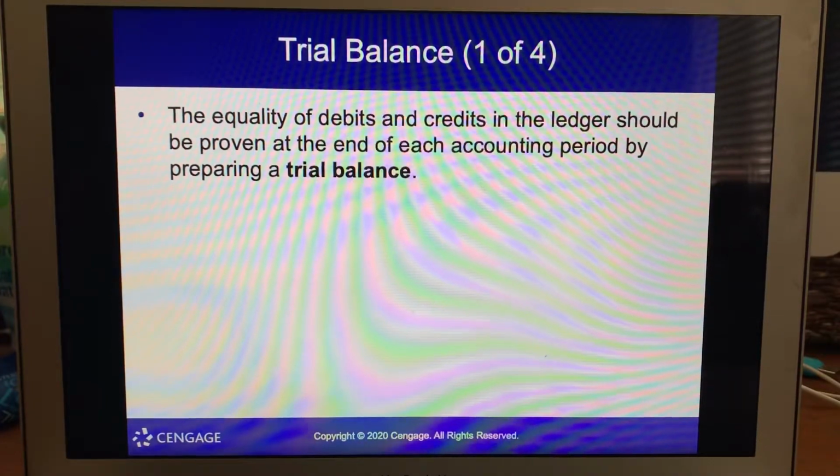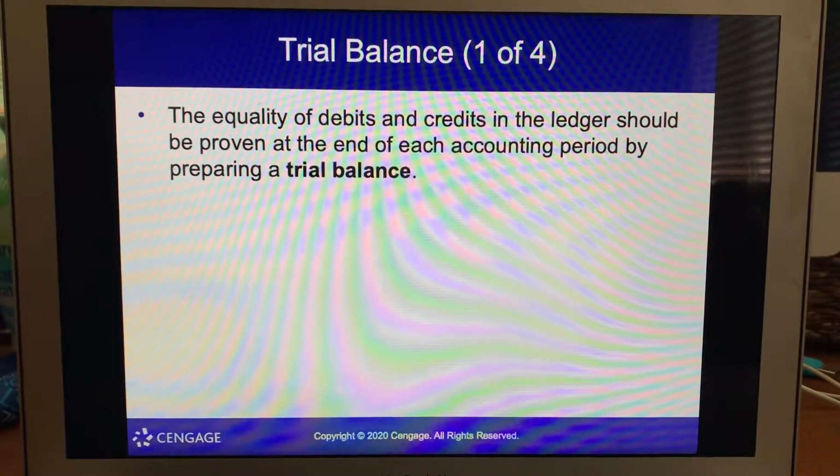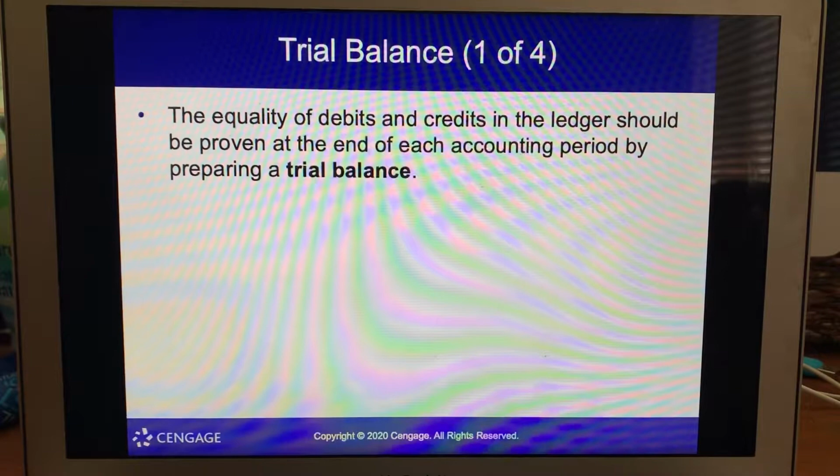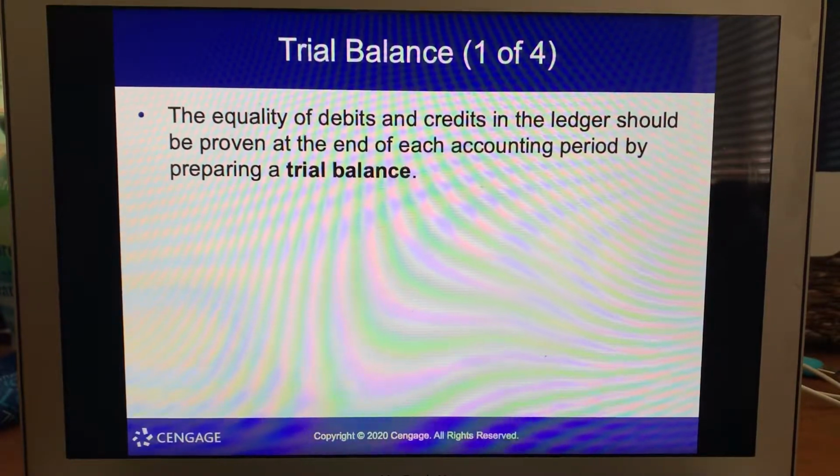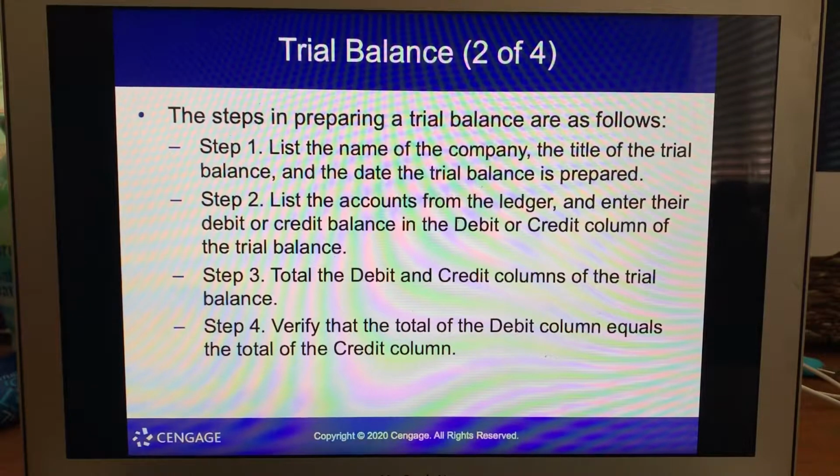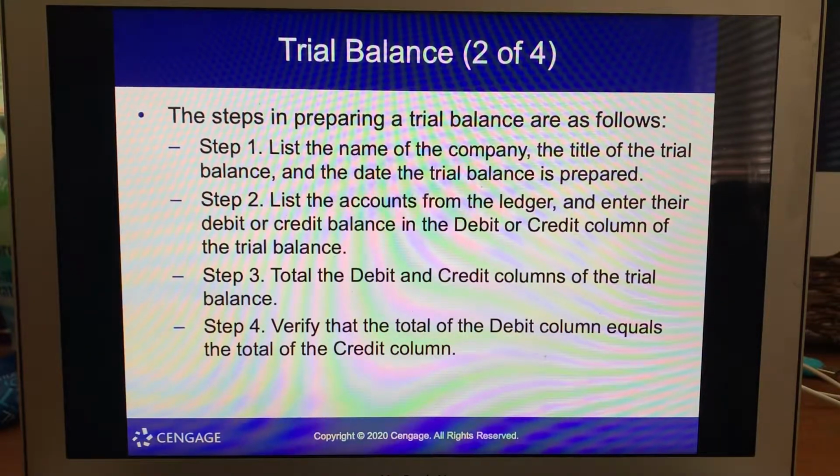So the equality of debits and credits in the ledger should be proven at the end of each accounting period by preparing a trial balance to see if the balance in your T accounts equals your ledger. To do that, the first thing you need to do is list the name of the company and the title of the trial balance. List the accounts from the ledger and enter their debit or credit balances in the debit or credit column of the trial balance. Total the debit and credit columns of the trial balance, and then verify the total of the debit column equals the total of the credit column. So it's just seeing if the debits equal the credits. In other words, it's a built-in